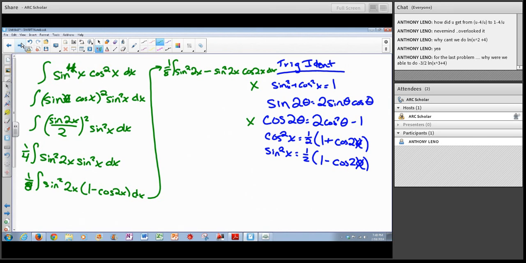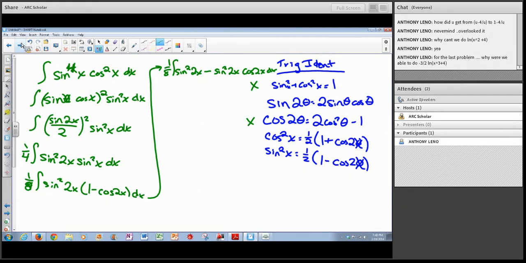So from here, the second part looks good, right? Because we've got something that we can do a u substitution with. Now the first part, what can we do? We have a power on something that we don't have a u substitution for. Now we have to ask ourselves, is there another trig identity that we can use? Is there something that turns sine squared into something without a power? Yeah, we're going to use the last one again, only this time we'll have a 2x in here to start,